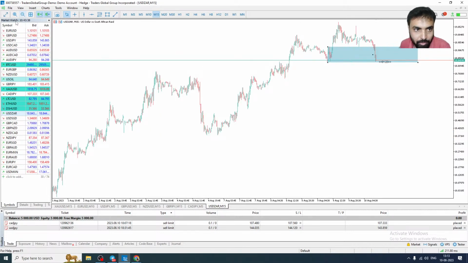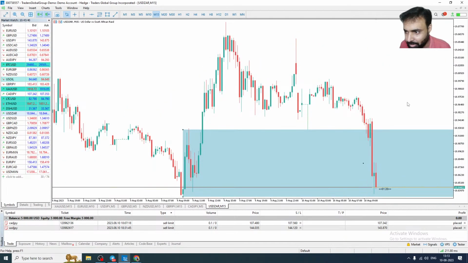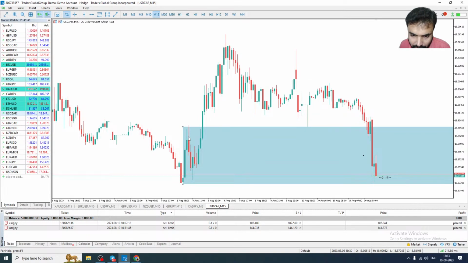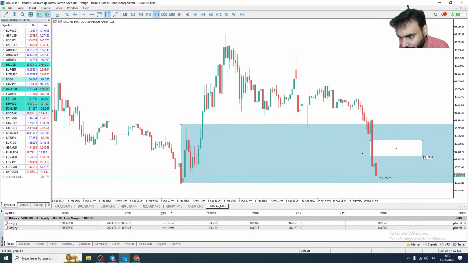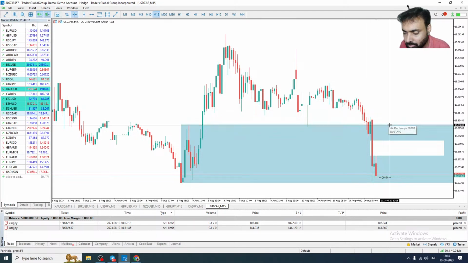Now this is exotic. It's not your regular pair to trade with. It's an exotic. If it fails, if it goes below, then we can consider this as a breaker block. Maybe we can try to take a sell entry from here, because it's about to fail, I guess. It's trying to go below the level, so we can maybe sell from the imbalance.